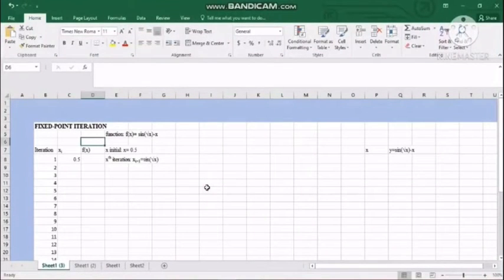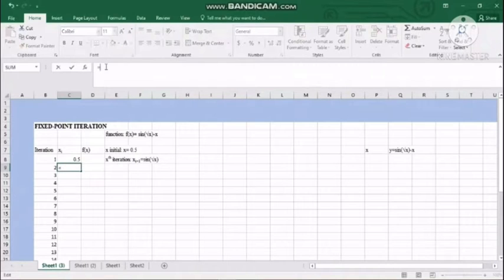Fixed point function. The given is f(x) = sine square root of x minus x, and the initial x is 0.5. To get the x iteration, we must equate the function as x = sine square root of x. For getting the x values, we must substitute the x initial into the x iteration, which is equal to